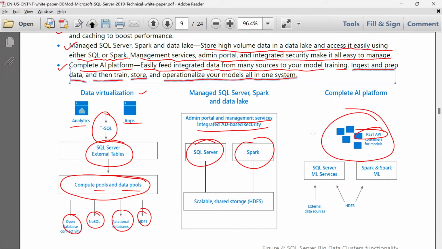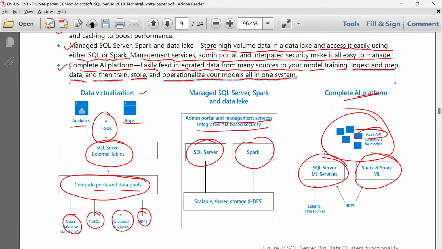Now these REST APIs will provide AI incorporated into the data models, in the form of SQL Server machine learning library services, or in the form of Spark based machine learning services.